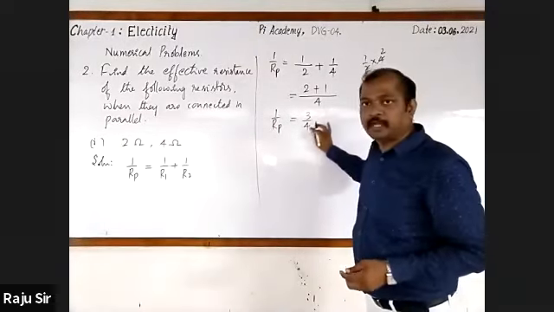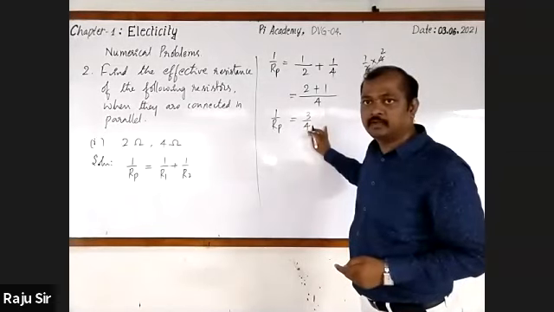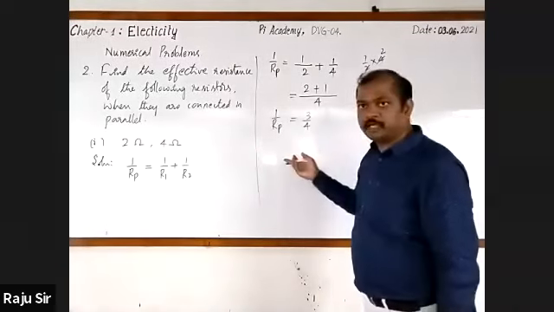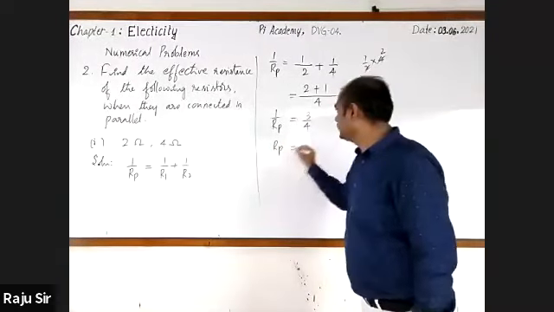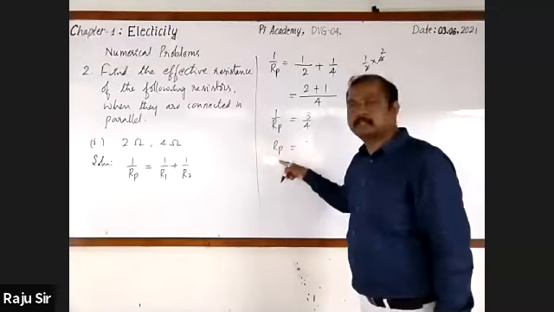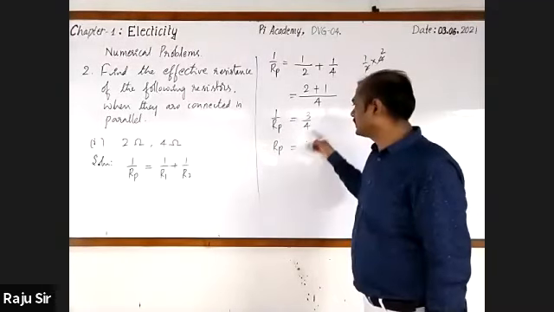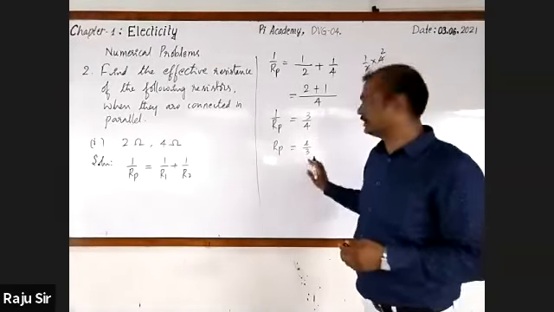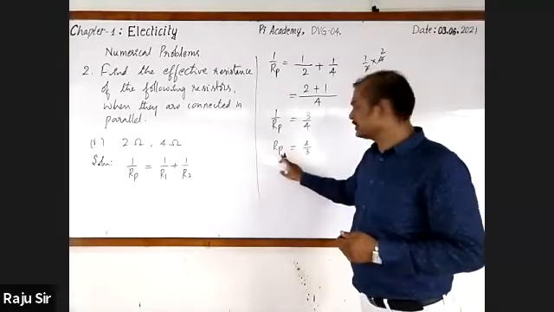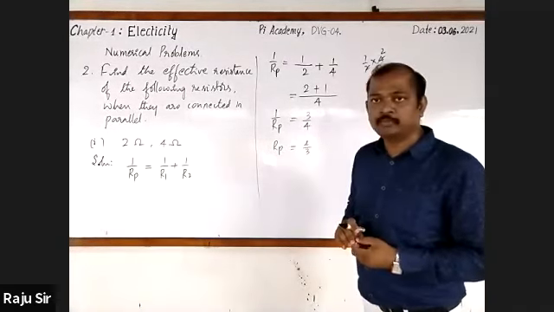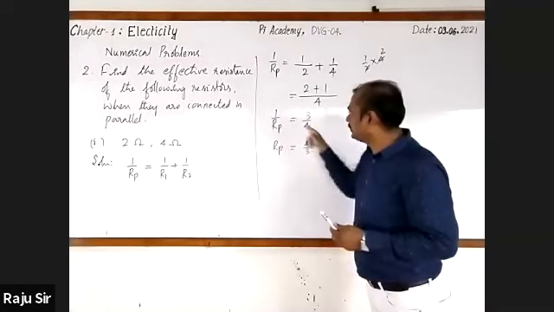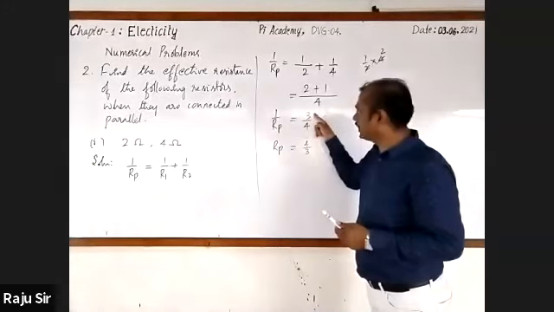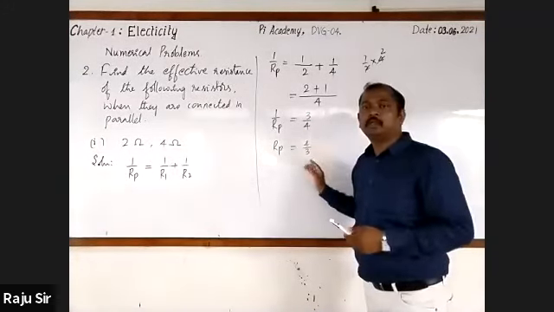It is not the final answer. It is not the effective resistance. Look here, we want Rp. You may take the reciprocal again. Then Rp is equal to, that is 1 by Rp, its reciprocal is Rp. 3 by 4, its reciprocal is 4 by 3. This is the final answer. So total resistance is 4 by 3 ohm. Even you will get this by cross multiplying. 4 ones are 4, then 3 into Rp. We want Rp. So 4 by 3. Did you understand?